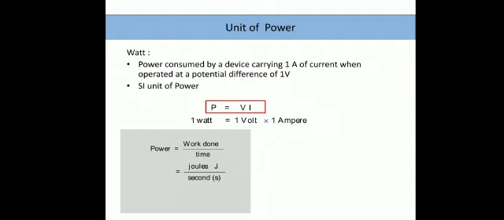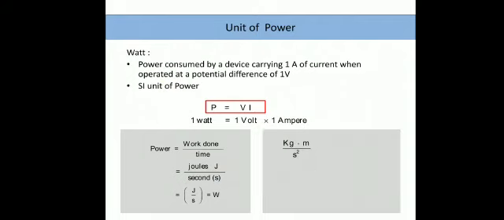Okay, but here we have seen that power has a unit of what? Watt. Okay, so that also means that this joules per second is nothing but watt. So joule per second is equal to watt. So when 1 joule of energy is consumed for every 1 second, then we can say the power is nothing but 1 watt. Fine. This is for an electrical circuit. In mechanics, again we will see watt, but with a different definition.